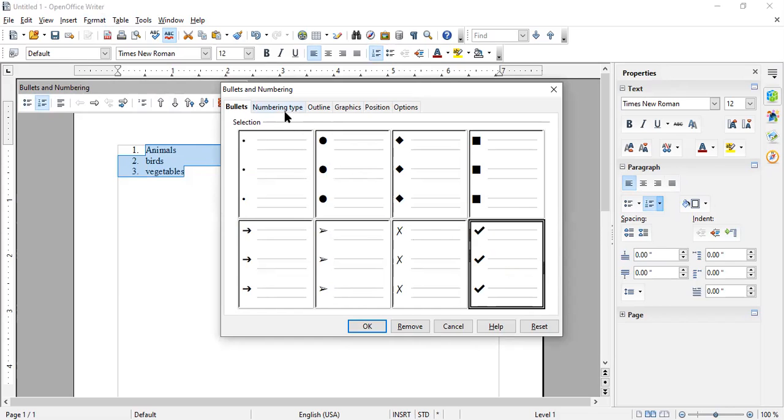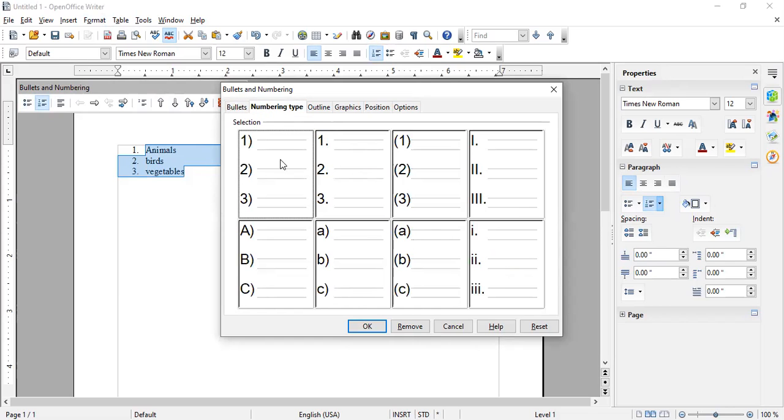These all are different types of bullets. Okay. Next, numbering. 1, 2, 3 you can give like this. 1 dot you can give like this. Otherwise you can give it like this. Otherwise like this. Capital letters A, B, C, small letters A, B, C. Okay, like Roman numbers. There are different types of numbering lists.